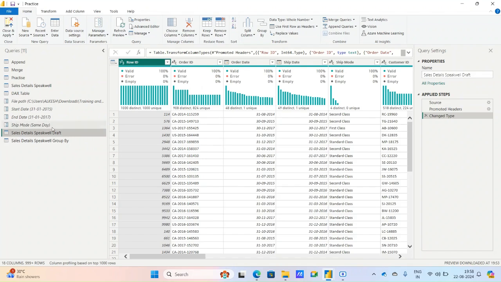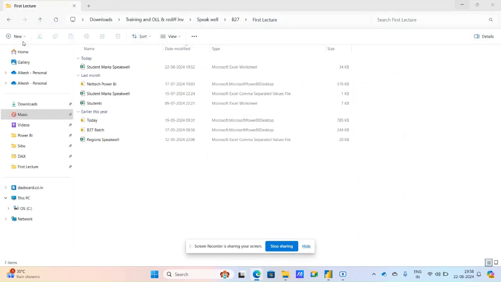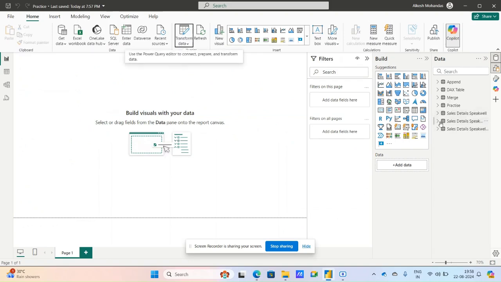Now, afterwards, we will go to the properties over here. But first, before going to the properties, we will go to the Power BI desktop. Click close and apply over here. Go to the Power BI desktop. That is quite good now. While going to the Power BI desktop, one thing I need to show over here is